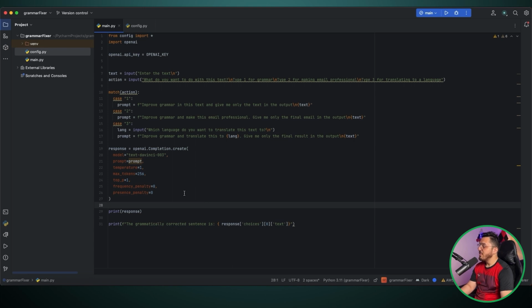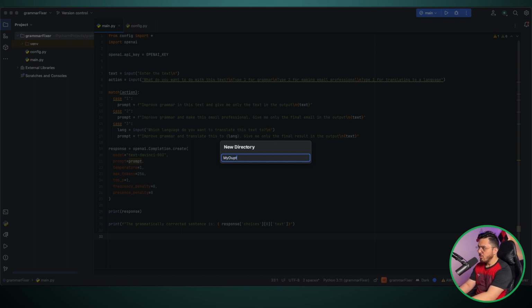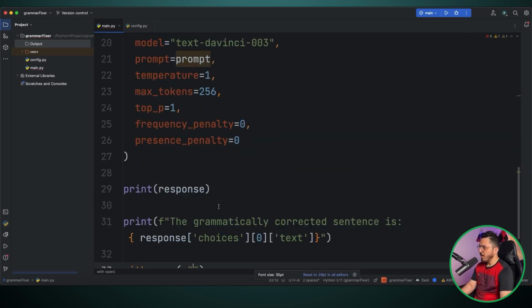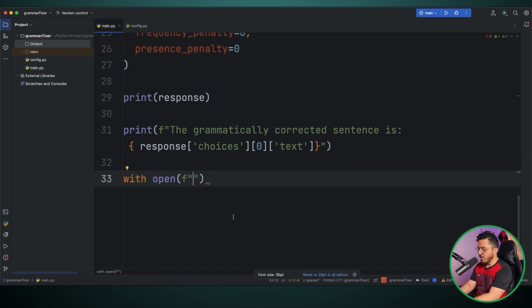Let's now try to save these outputs. Let us say we want to save the output to a text file. How do we do that? We can create a folder called my outputs or output, and I can say with open, and we'll simply generate a file name. And how do we generate the file name? We will generate the file name from the prompt. We'll say prompt and we'll take say 12 characters from the prompt. This is going to be the file name .txt with open this w as